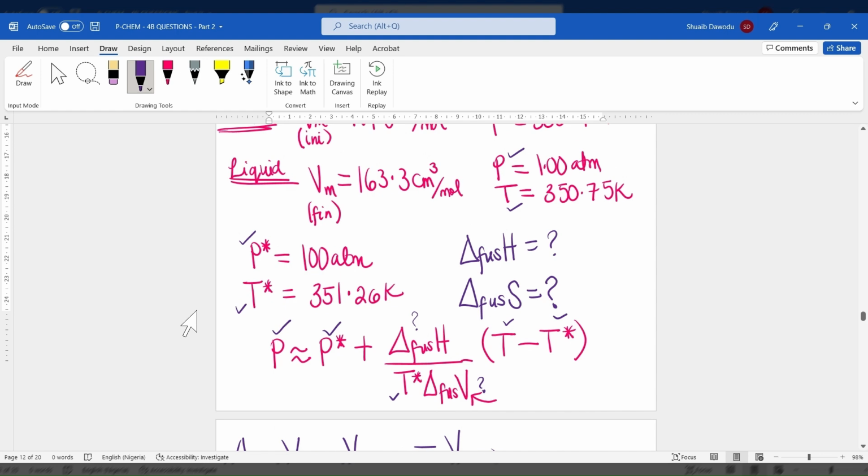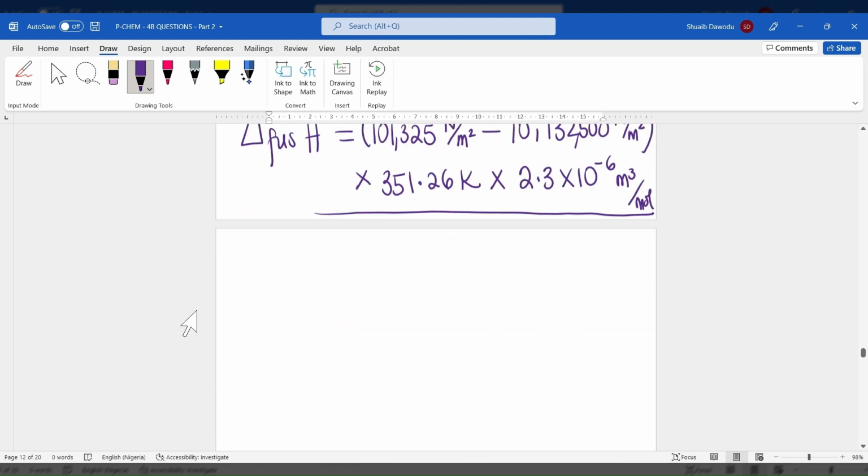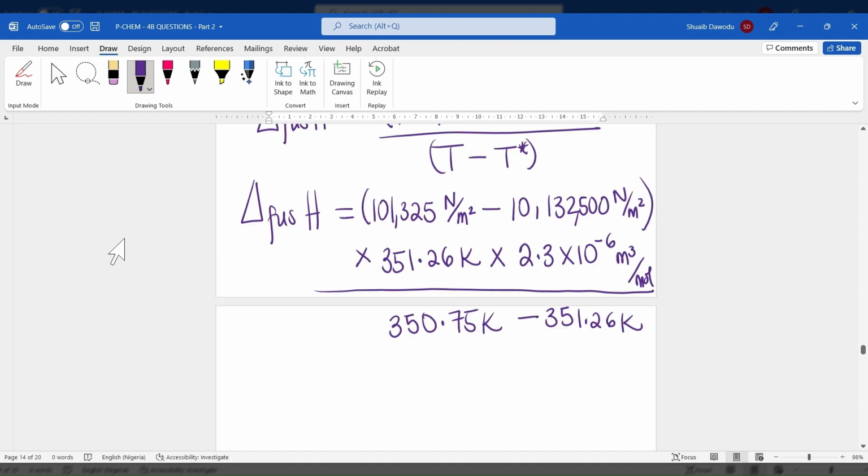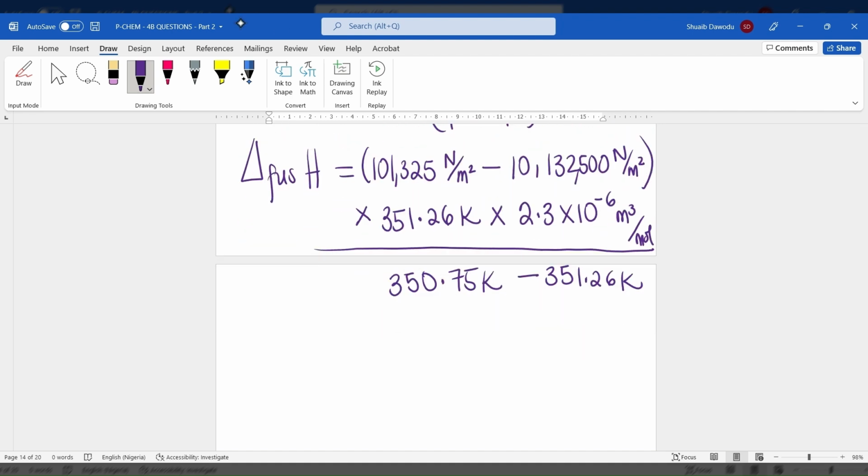350.75 Kelvin minus 351.26 Kelvin is 0.75 Kelvin minus 351.26 Kelvin. So this is basically how our work is done. So of course we're going to do our math. We have the change in enthalpy of fusion is going to be 101,325 minus 101,32500. So when we subtract 101,325 minus 101,32500, we end up getting